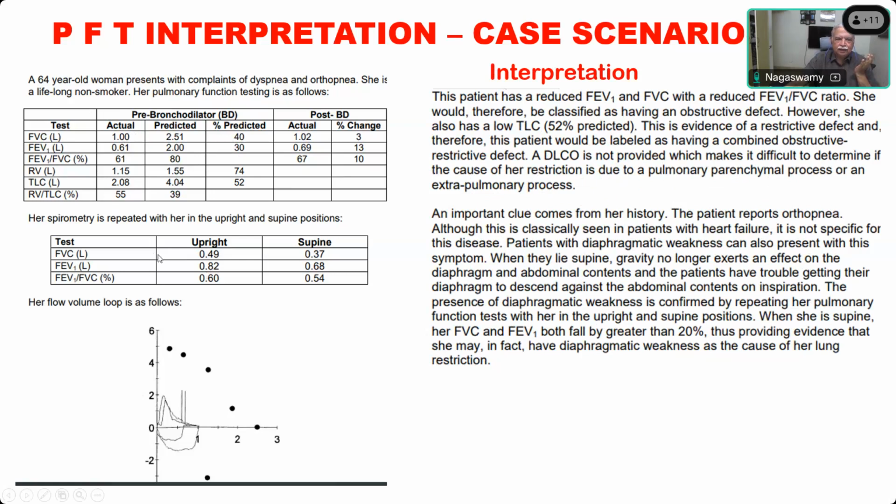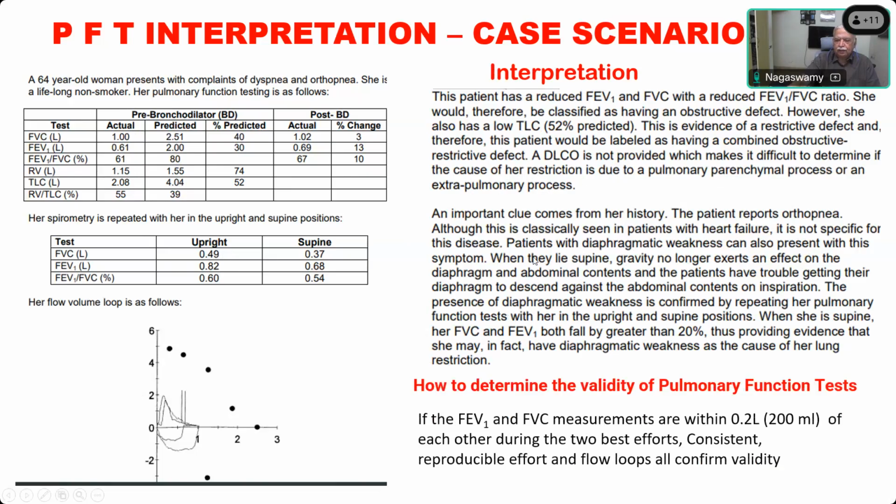Now with the history that it is being done in upright and supine position, why do they do it? If they lie supine, gravity no longer exerts an effect on the diaphragm and abdominal contents, and patients have trouble getting their diaphragm to descend against the abdominal content. So the presence of diaphragmatic weakness is confirmed by repeating a pulmonary function test in upright and supine position. And that is how you found that it is also having a restrictive element. Okay, so this is a